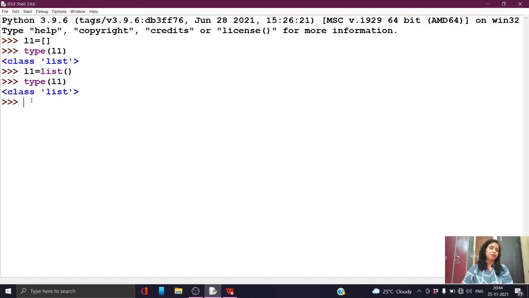Now next is what? These are the ways to create a blank list. आप इस तरह से कोई भी blank list variable बना सकते हो. That means blank list or empty list means what? If you want to declare a list type variable, but at that time you need not store any values, right?